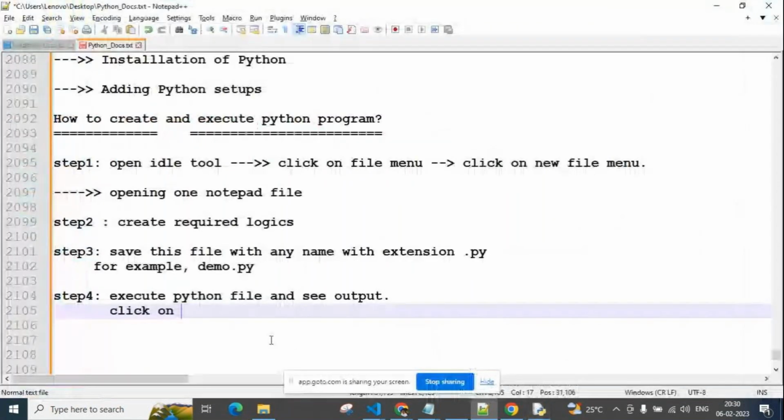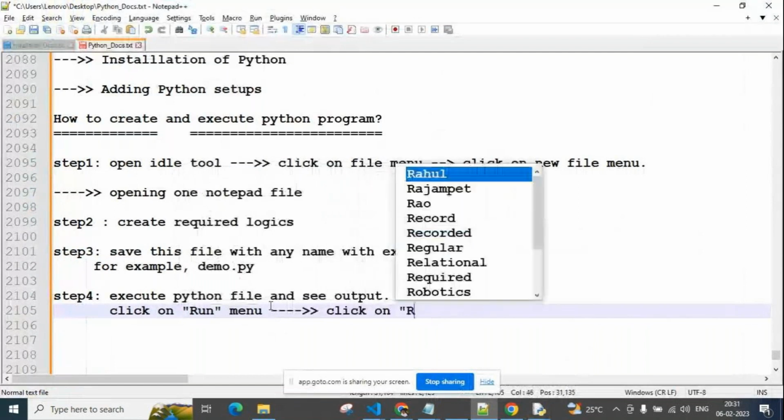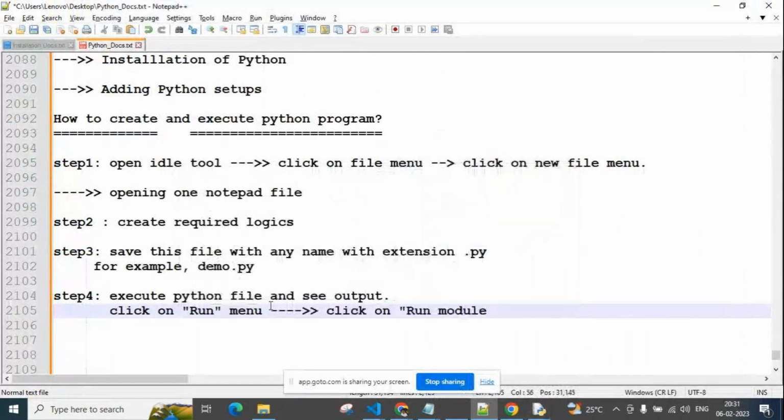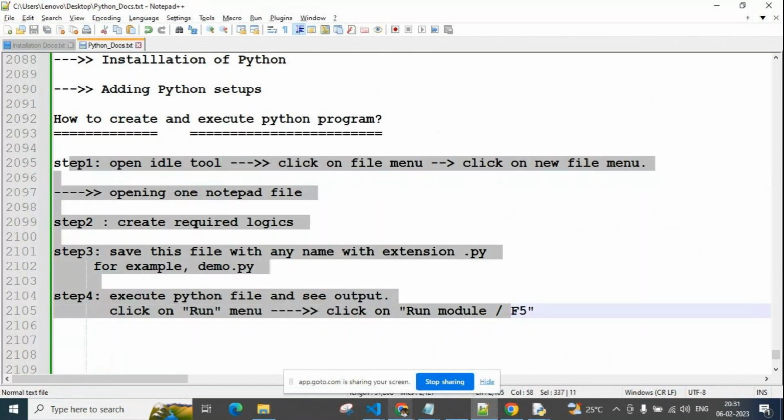We have one menu called run. Click on the run menu and next click on run module. Okay, click on run module or else the shortcut is F5, guys. F5. Then we can see the output. Okay, so these 4 steps, guys. If you follow them one day, every day we are doing the same.